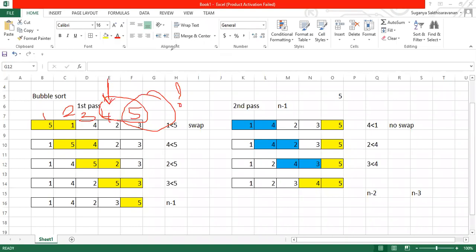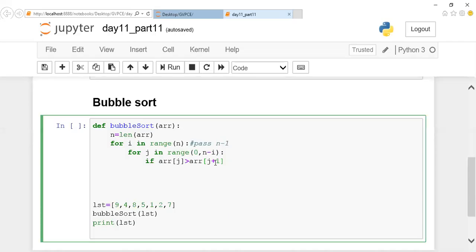But according to the given condition, you can notice that we are trying to stop only at the nth position. So we are supposed to mention minus 1 along with it. Got it? Why am I placing this minus 1? I'm not supposed to go to the last pointer. I should go only to n minus 1. You can notice here your i value is 0, so for the first iteration, n minus 0 minus 1. I'll stop my iteration at the fourth point here. I'll never go to the fifth point. So this is the logic behind it.